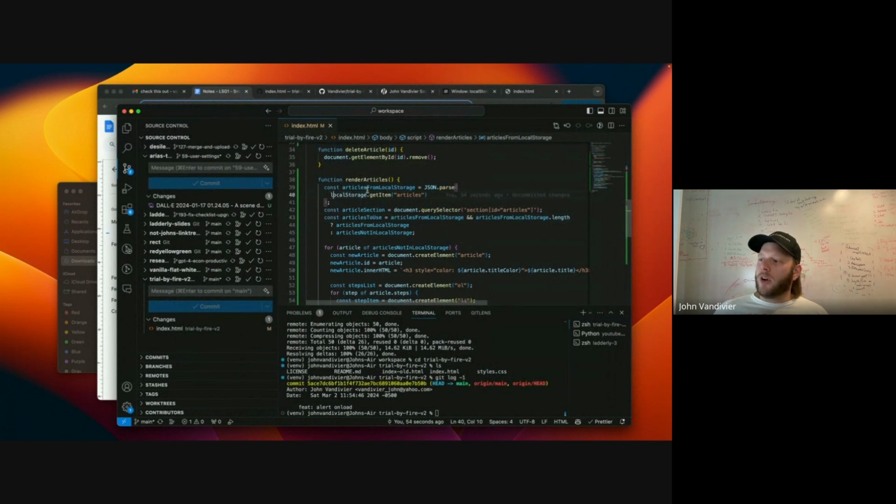So I'm getting all of the articles out of local storage. Well, there aren't any. So this expression evaluates to false. Can anyone tell me why this expression evaluates to false? That is because this is empty. It's null.